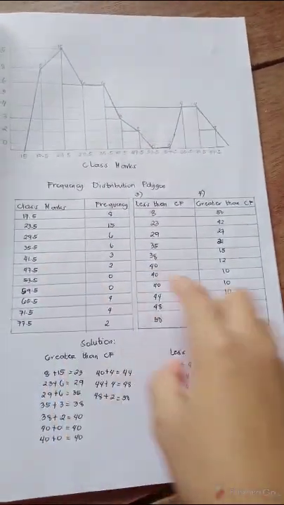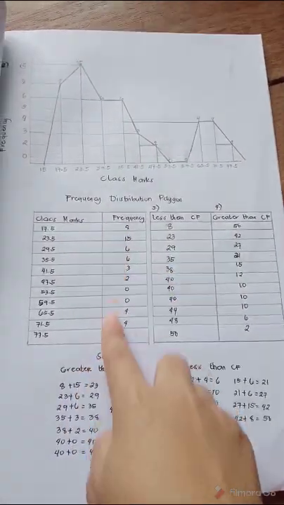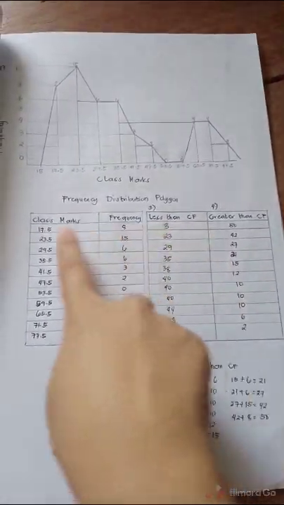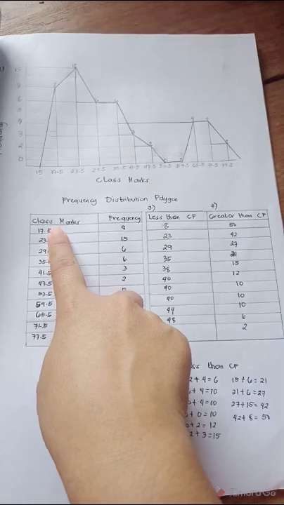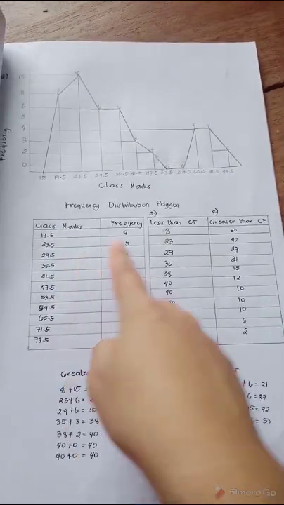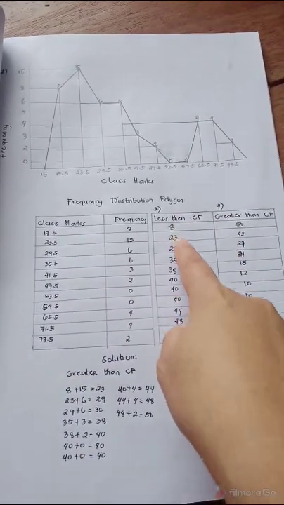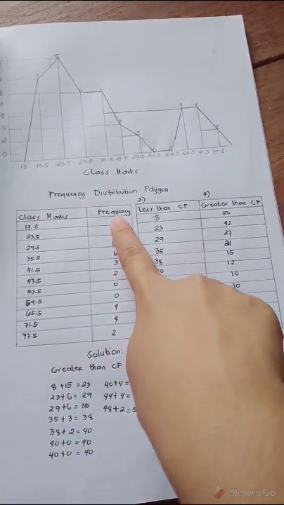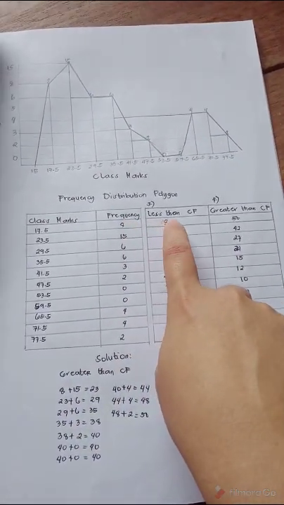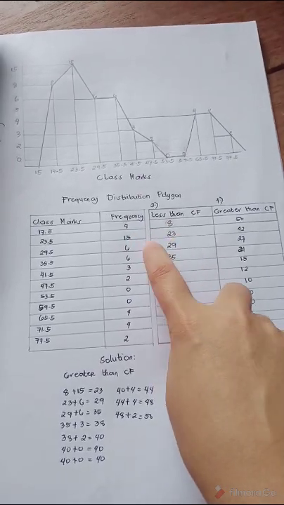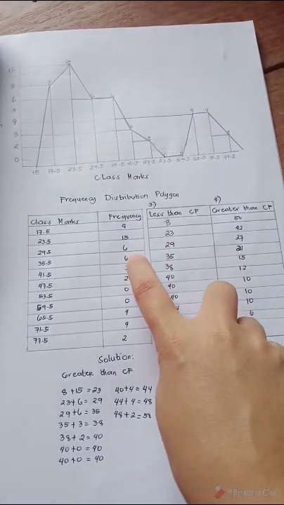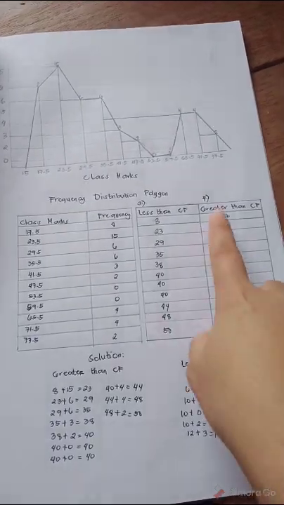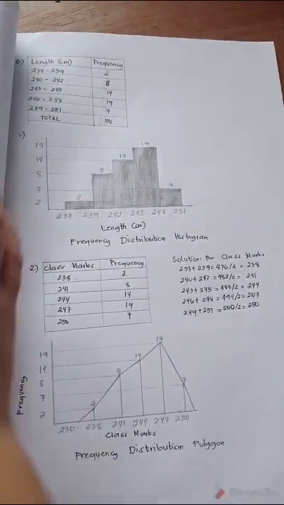So, mao ni pagkuha nako sa frequency niya and iyahang frequency sa less than or greater than. So, mo ang solution. 8 plus, so gikapin nako ang 8. So, 8 plus 15, 23. 23 plus 6, 29. 29 plus 6, 35, and so on. Maupod sa greater than. Dayon, letter